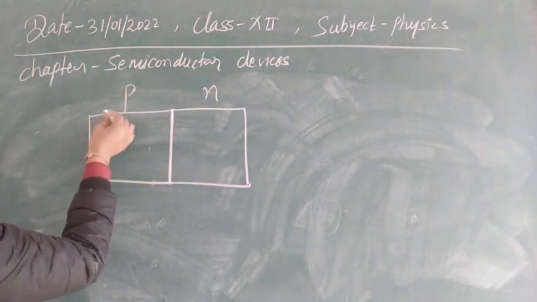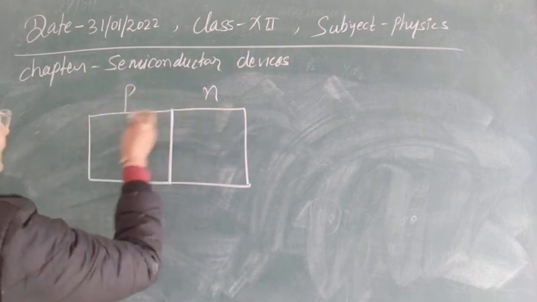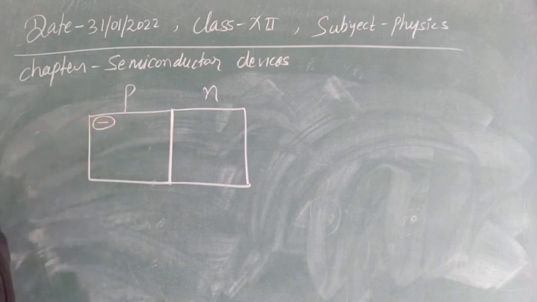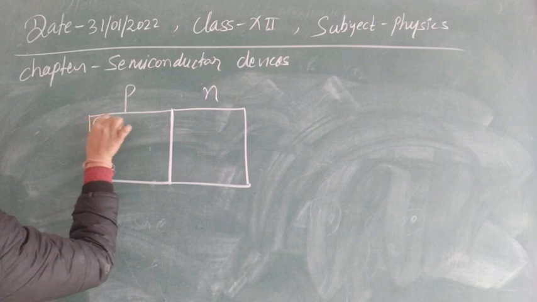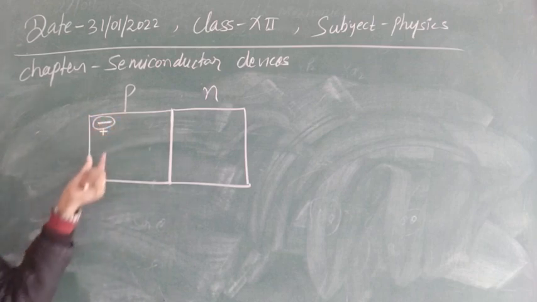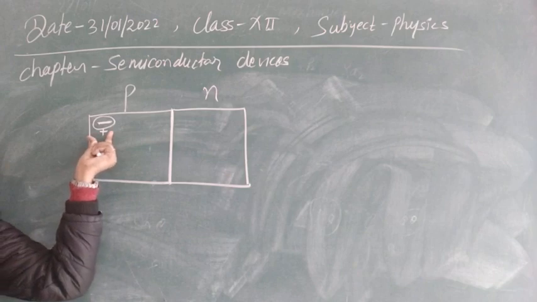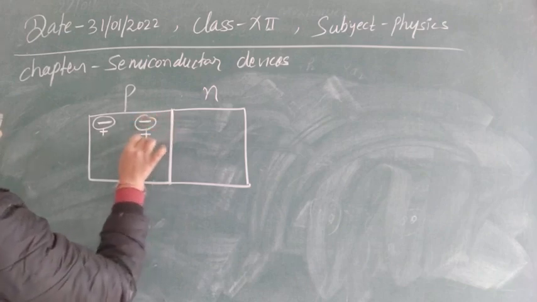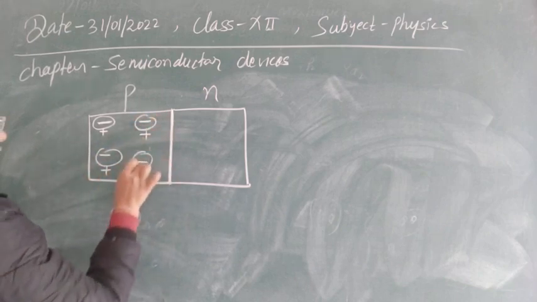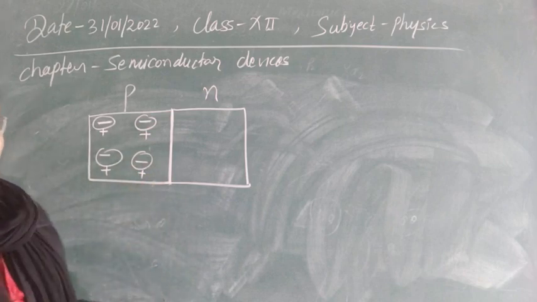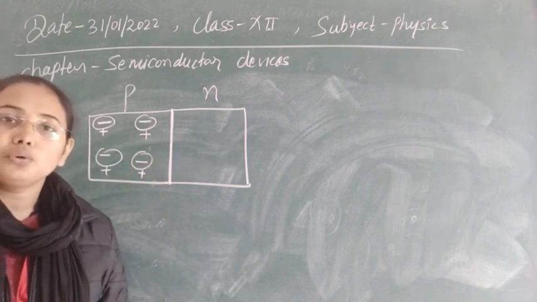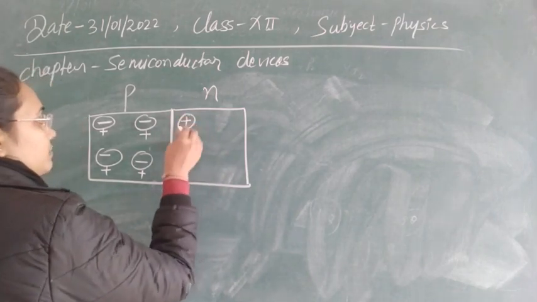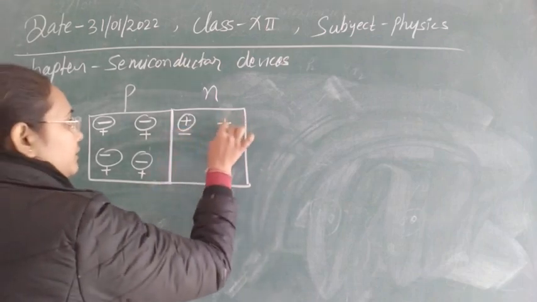Here we can use a symbolic diagram again for the p type and n type materials. In p type material, an atom that has the behavior to accept an electron we denote by a negative sign, and a hole is attached to it, with a tendency to attract a negative charge. This shows the hole of the acceptor atom. So we have a number of acceptor atoms in the p type material. Similarly in n type material, we have an additional electron, so the atom has a tendency to donate that electron. That is why it is known as a donor atom, represented by a positive sign, with one electron associated with it.